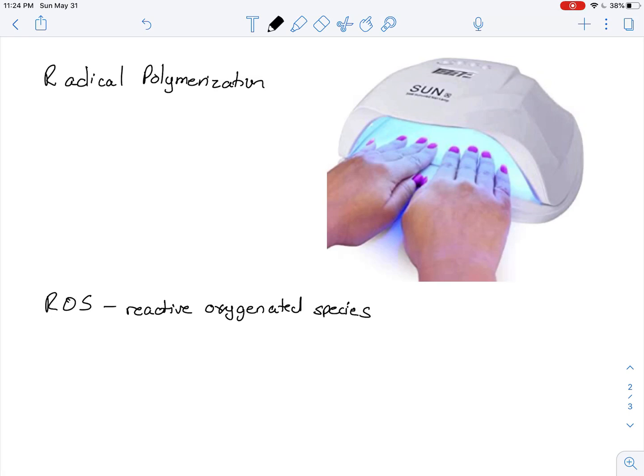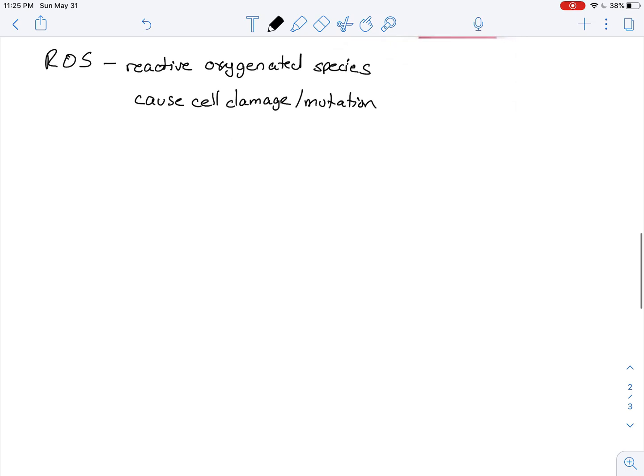And what can happen is when you have a large amount of these in your body, they cause cell damage, and in some cases, they can also cause cell mutation, right? So they literally interact with the DNA, manipulating that DNA, and then can cause damage and can also cause mutation. So there's a lot of research that goes into trying to limit the amount of reactive oxygenated species in the